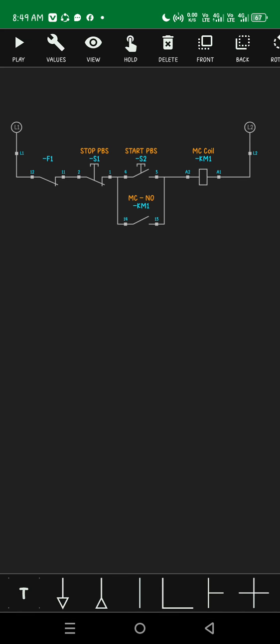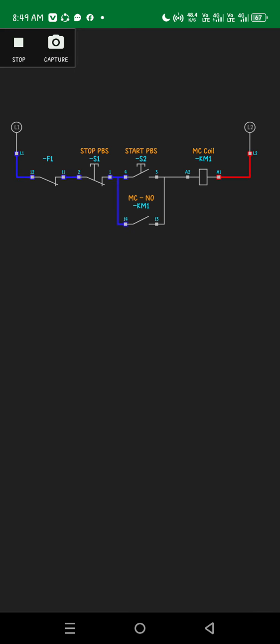Okay, so we need to simulate if the control circuit is ready or okay, with no short circuits or no deficiencies in terms of the circuit test or configuration. So we need to click play, then push the start push button switch, and as you can see, the MC coil turned yellow.